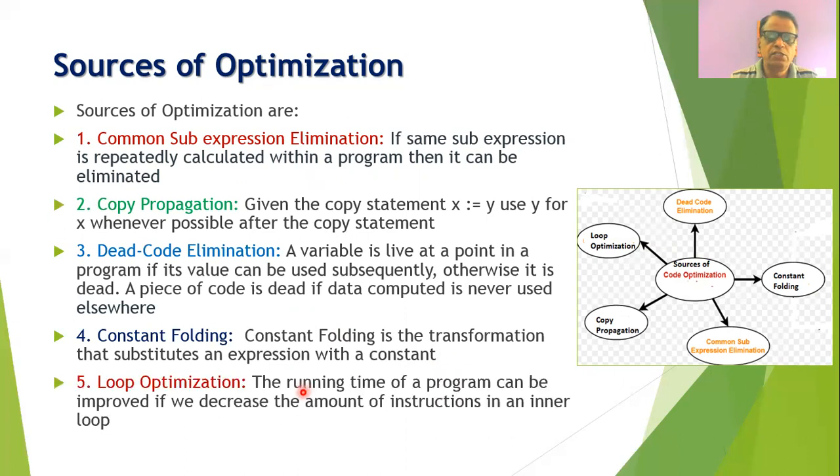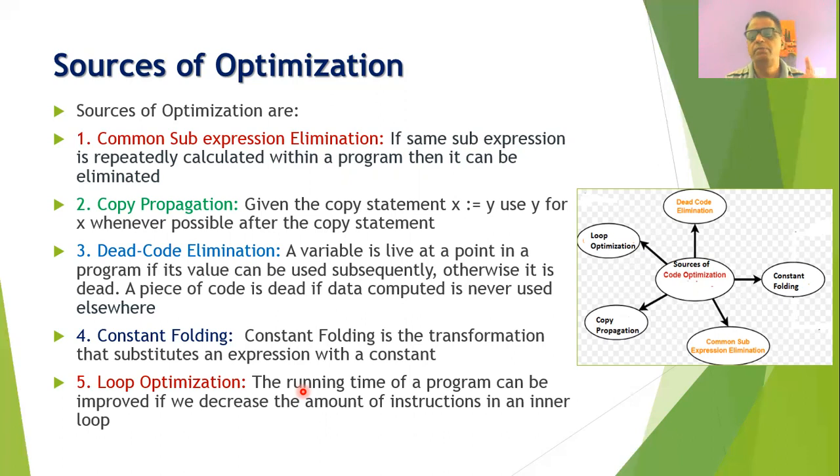Loop optimization is the richest source of optimization because we know that many times in a program, a large number of statements within the loop are executed. Almost 90% of the execution time is used for the inner loops only. And therefore, even if you remove one statement from the loop, to outside the loop, it will have a greater impact on reducing the number of statements in a loop.